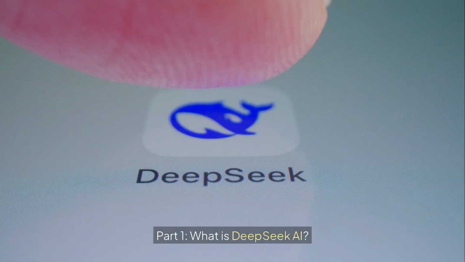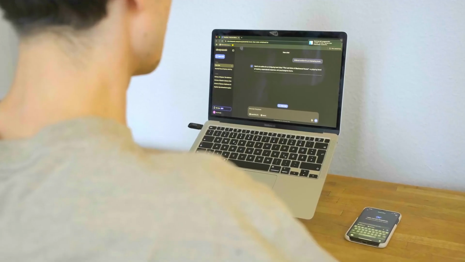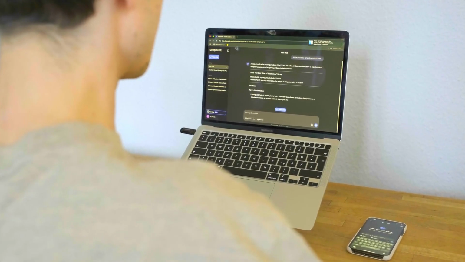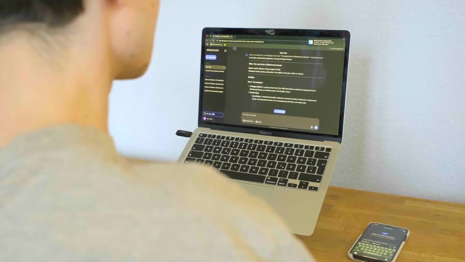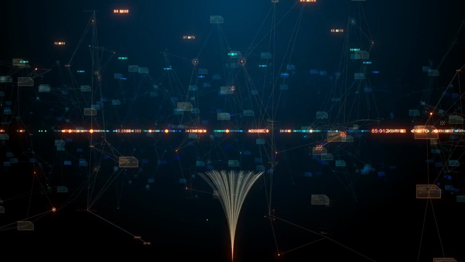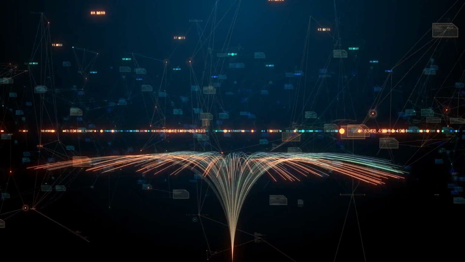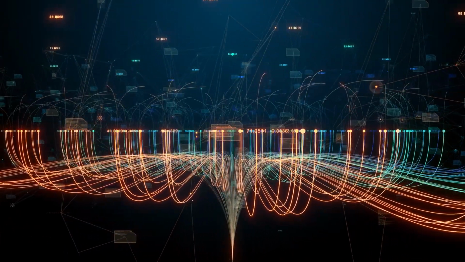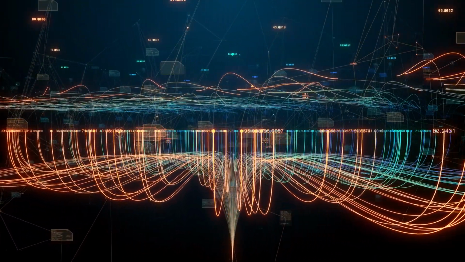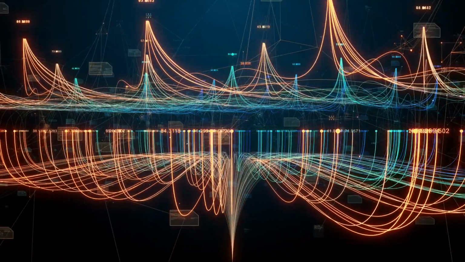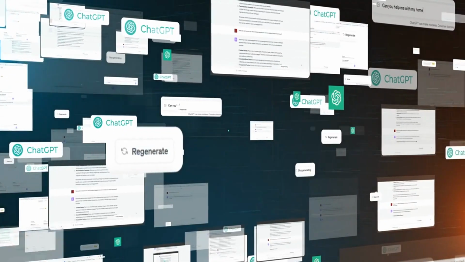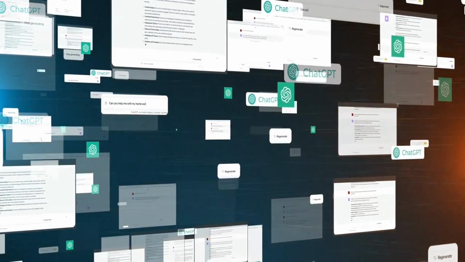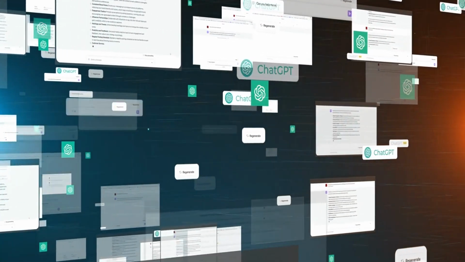What is DeepSeek AI? DeepSeek AI is a cutting-edge artificial intelligence model developed to tackle complex tasks across various domains. It utilizes advanced neural network architectures and vast datasets to provide sophisticated problem-solving abilities and generate insightful outputs. From excelling in coding and mathematical reasoning to pushing the boundaries of language understanding, DeepSeek AI is transforming how we